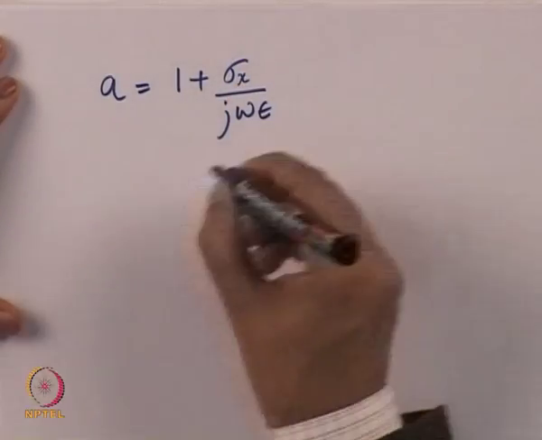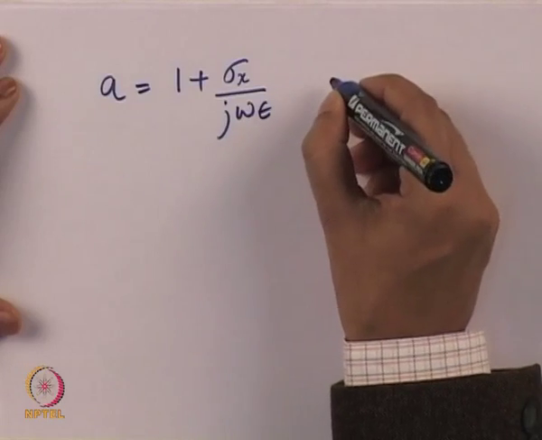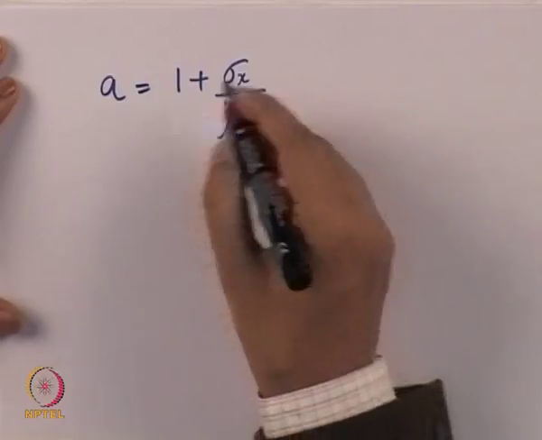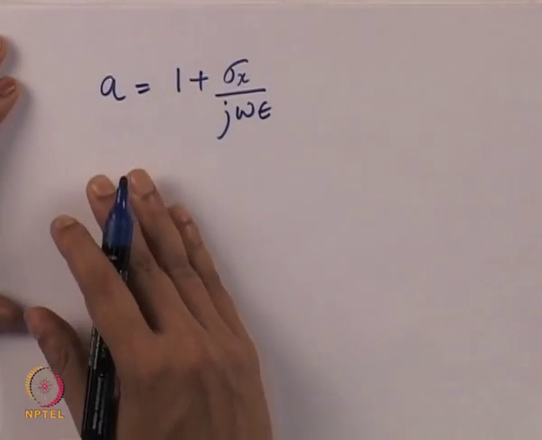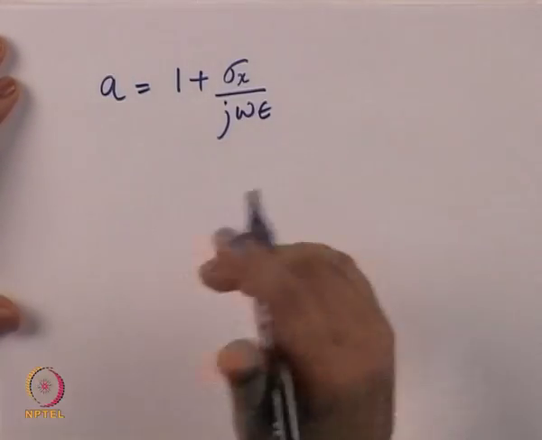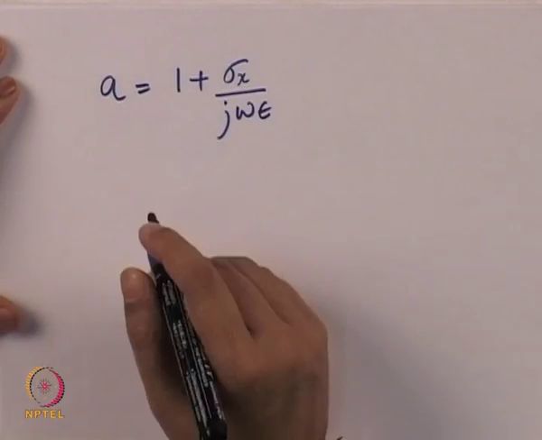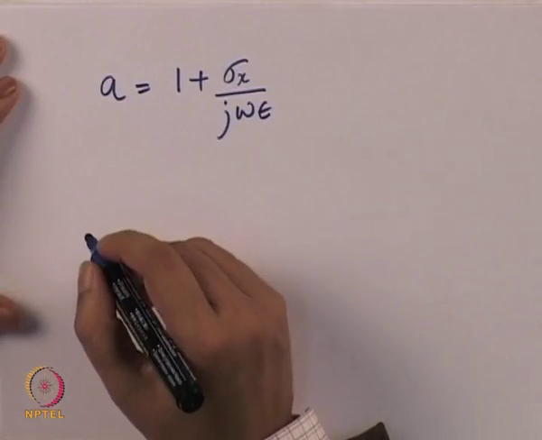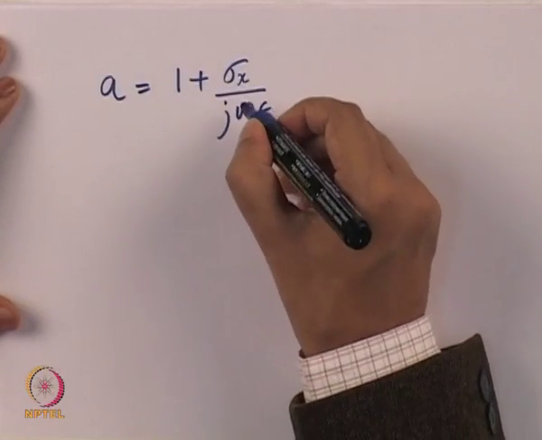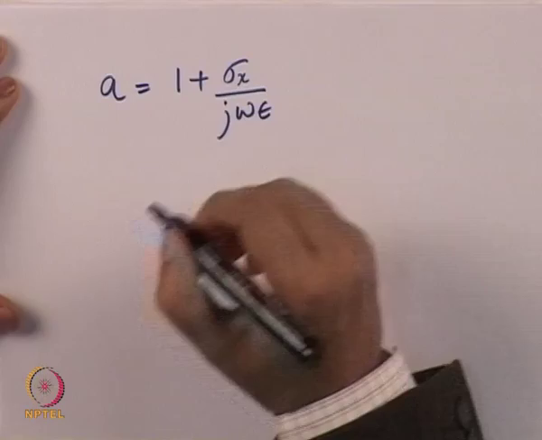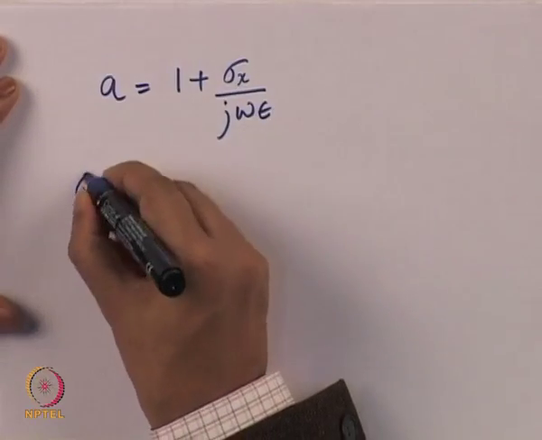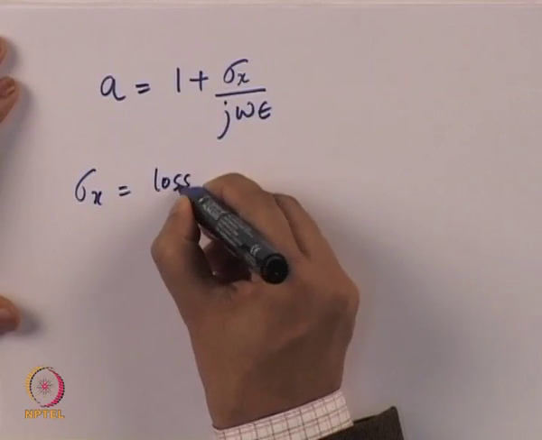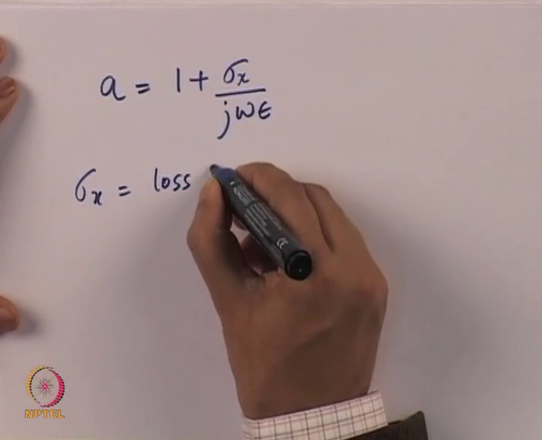If it is going to be a Y oriented PML, it is going to have a subscript for sigma as y. So let us now look at it only from an X oriented PML point of view. We can similarly think of the counterpart for Y oriented PML. So a is equal to 1 plus sigma x divided by j omega epsilon, where sigma x is the loss factor or loss inside